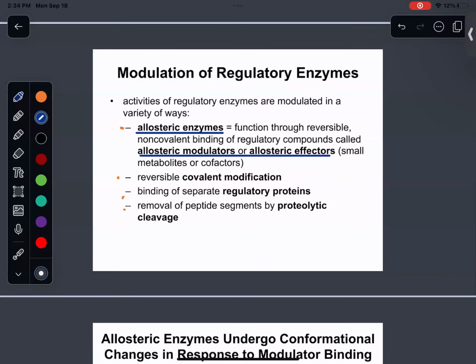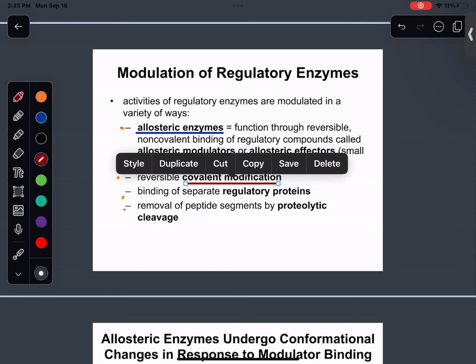Reversible covalent modification is another big one, very big one. So you're going to have covalent bonds forming, like phosphorylation, hydroxylation, ubiquitination, right? The formation of these covalent bonds is going to really change the functionality of the enzyme. One single covalent modification could render an entire enzyme useless or supercharge it, make it really active. It can turn an enzyme on or off. And we're going to see that a lot in metabolism pathways, especially with phosphorylation. That's going to be a big one.